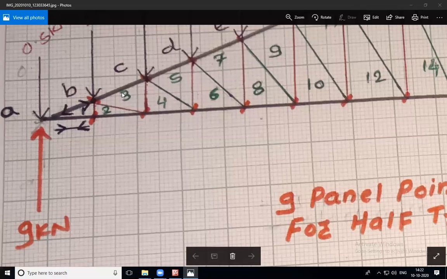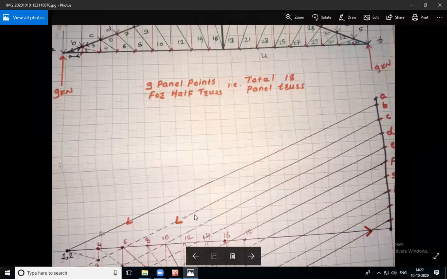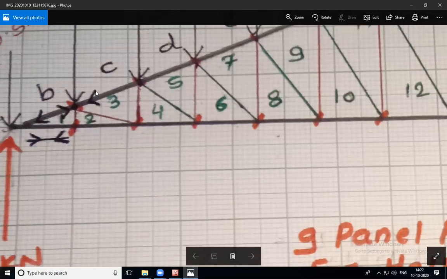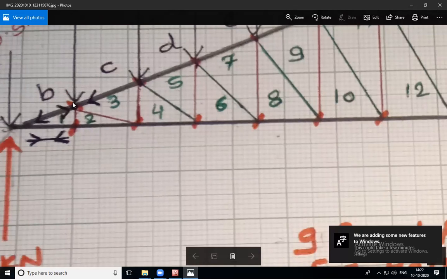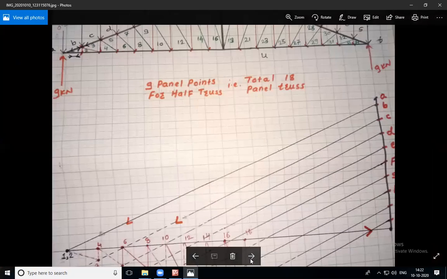Where is the location of the C3 member? C, C2, 3. Show the arrow. Now the arrow will be like this, C2, 3. The arrow will be like this, close to 3. And now the same direction arrow is to be shown on this truss diagram here. And that notation will be close to B because we are analyzing B, isn't it? So the opposite arrow is to be shown here, then we will get the member.